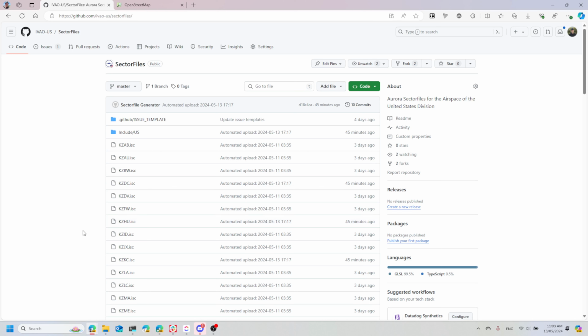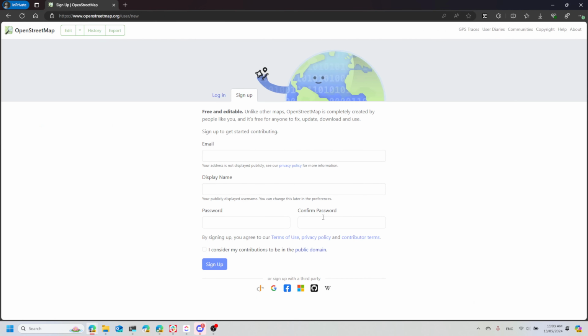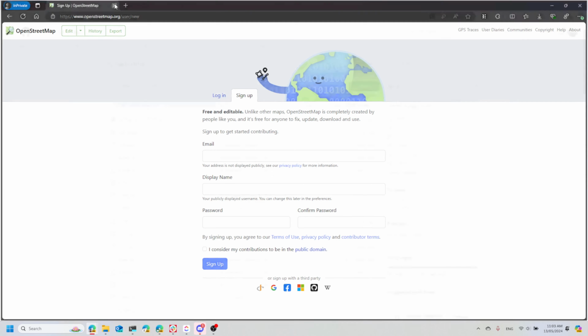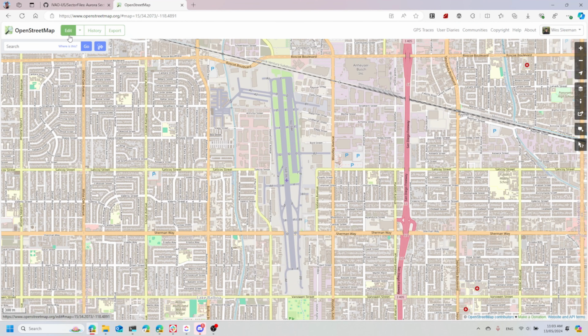If you're interested in contributing to our sector files, or if you notice any errors or omissions with the mapping data, that's anything that's on the ground, you can create an account at OpenStreetMap by going to openstreetmap.org and pressing Sign Up. You'll provide an email, a display name, and a password, and you'll need to confirm your email address. Once you've completed that step, you can see I'm signed in with my account here. All you need to do is press Edit,